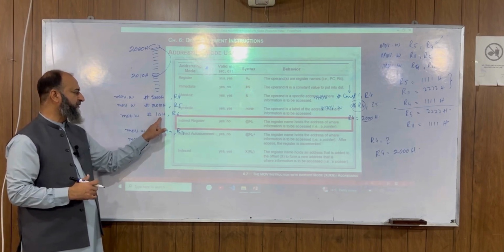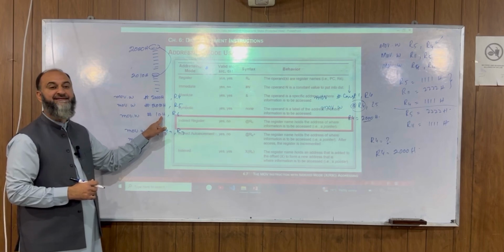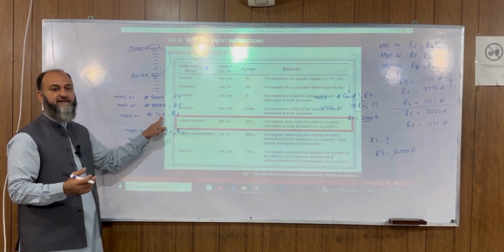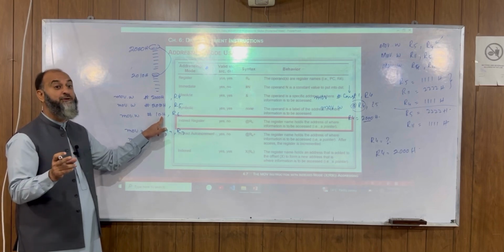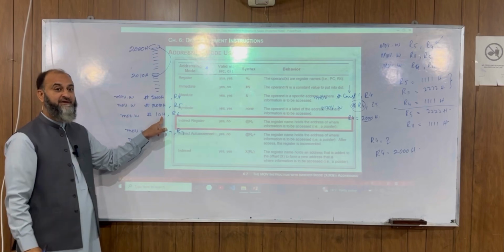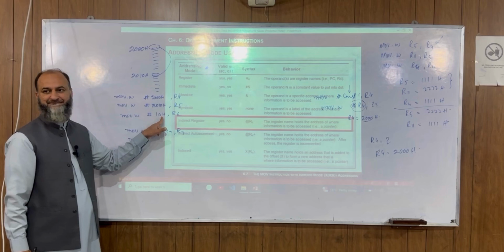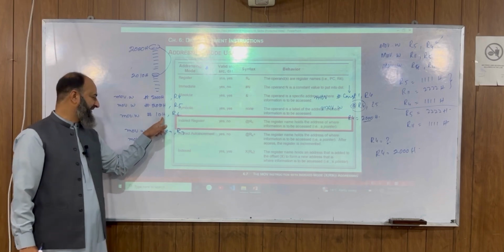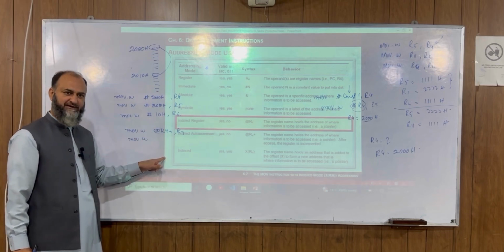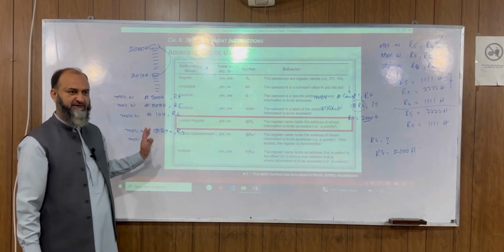Why are we going to be using 10 hex? 10 hex को क्यों लिखा जी? Last location. That's fine. It is going to count the number of words. ये एक counter है and every time it is going to be decremented by 1. इसको हमने decrement करना है and whenever it is decremented the zero flag will be set to 1, then the loop will be ended. यहाँ हमने एक loop लगाना होगा. ठीक है जी, चलें. So we have to complete that particular statement and then we come back to this.